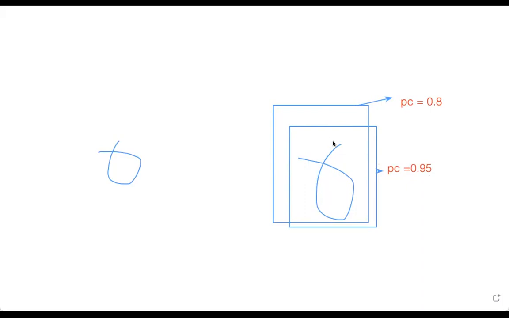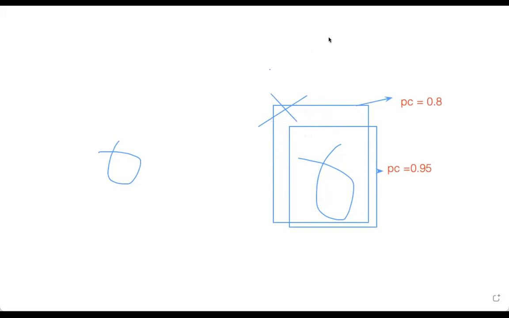Terus yang beririsan, yang punya intersection over union dengan bounding box yang punya PC 0.95 ini, kita akan remove gitu, ya. Ini kita remove. Ini kita remove, ya. Ini dalam proses training itu bakalan banyak bounding box-nya.